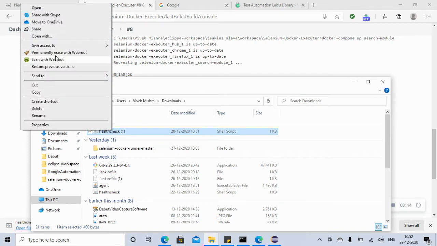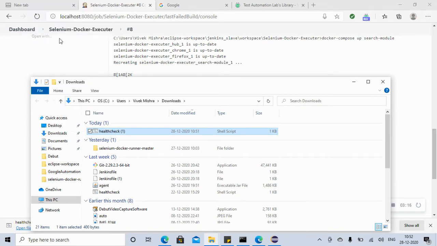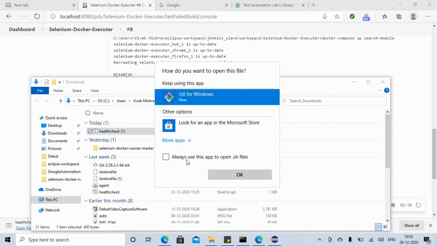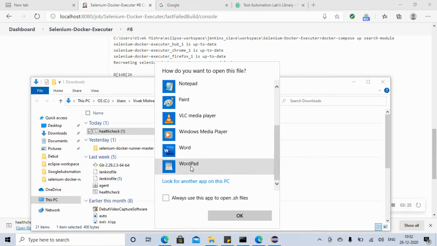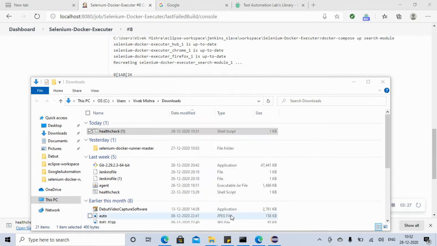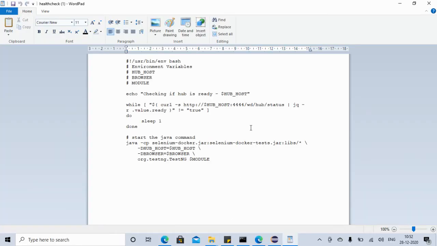If you try to open it with, let's open with something, WordPad maybe. This is the same script.